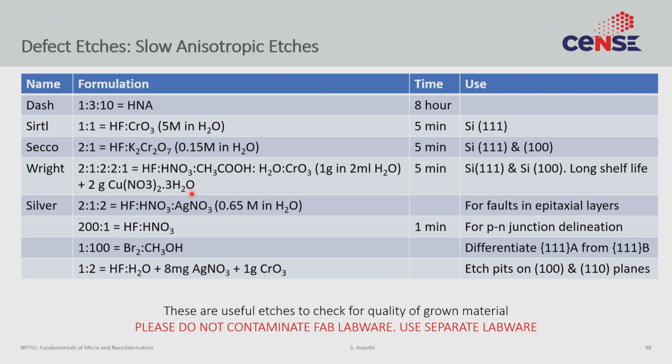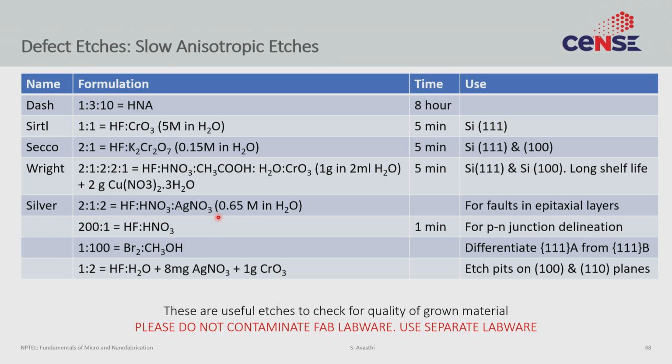It's very hard, even if you read the original papers, they don't exactly pinpoint the mechanisms; they are not understood. Maybe there are some intuitions that the author had, but those are not often shared. So it's very hard to know what exactly is happening and why this defect etch works the way it does. You just use these as ready recipes, and as I said, it's more art than science. The advantage of the Wright etch, for example, was that it had a long shelf life, it didn't degrade, so you can actually make a Wright etch solution and keep it in your fridge.